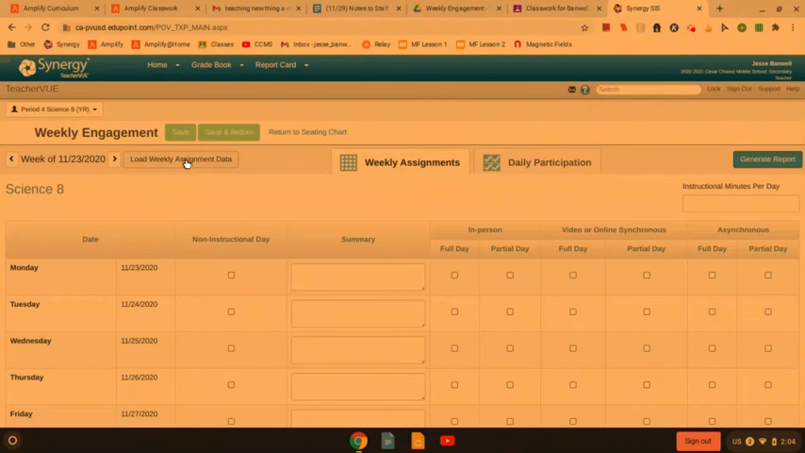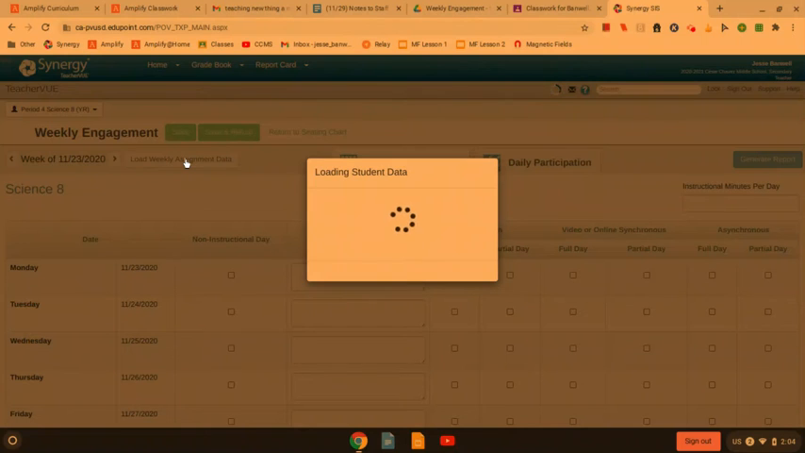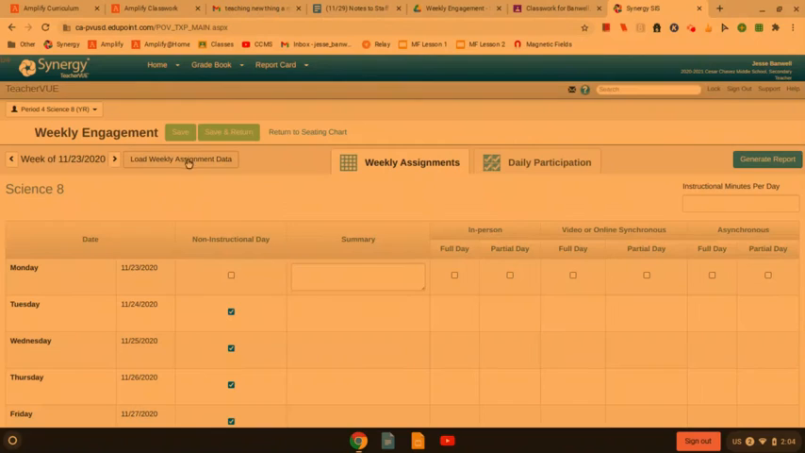I'm going to click right here, load weekly assignment data. It already knows that we only had class on Monday for that last week, right? Because of Thanksgiving. And then you come over here and you're going to do partial day synchronous, partial day asynchronous, right? Like that. And once you've done this for a week or two, you won't even need to do this either. It will be automatically populated because it will remember. But for right now, click on those two, then hit save,